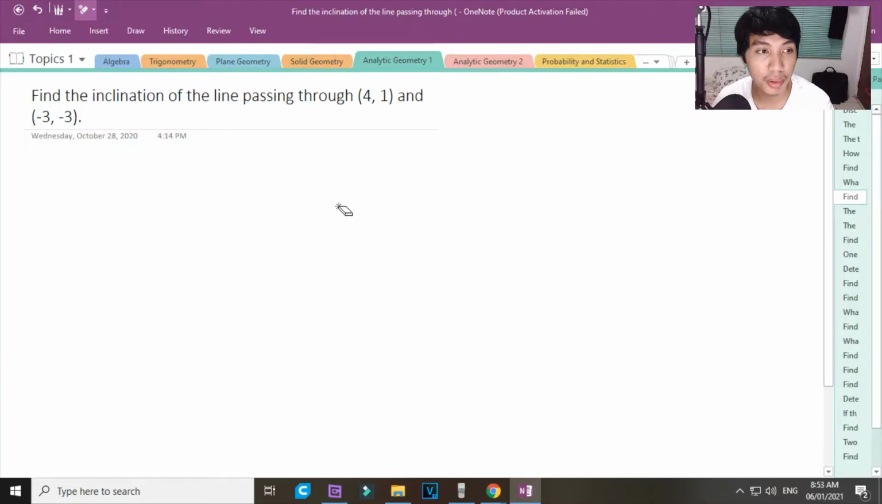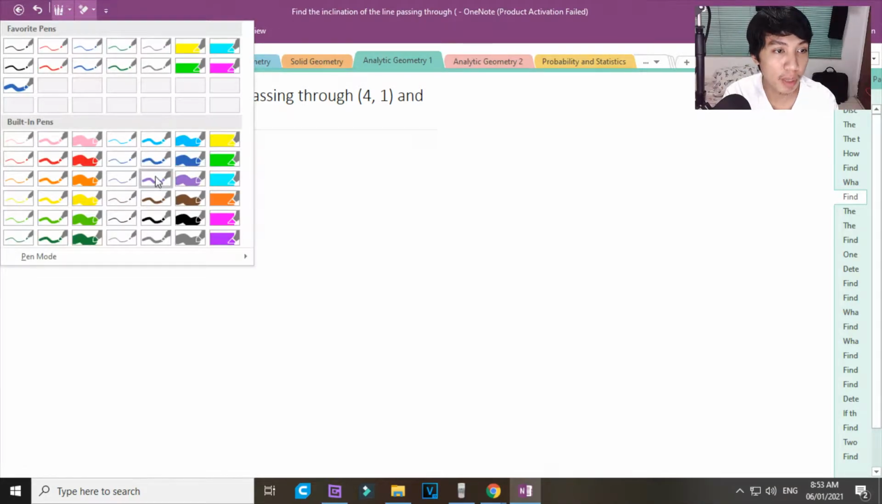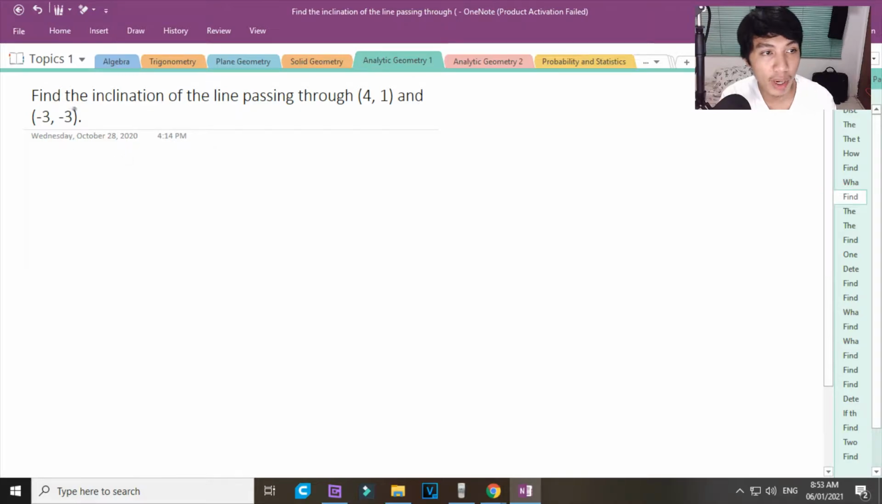Okay, so let us continue for the part 2 of our solving. Now, for the first problem, find the inclination of the line passing through (4, 1) and (-3, 3). Ngayon, pag sinabing inclination, ang pinag-uusapan lang natin dyan is the slope